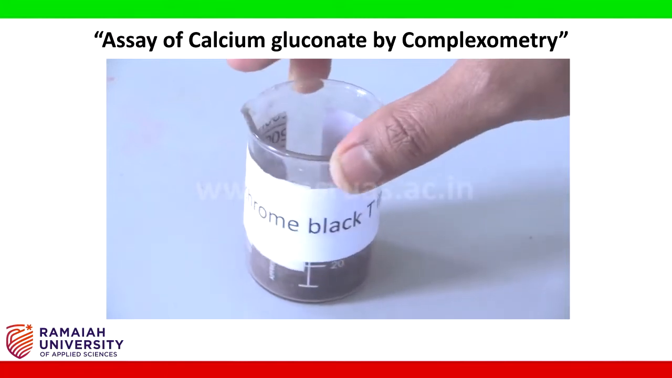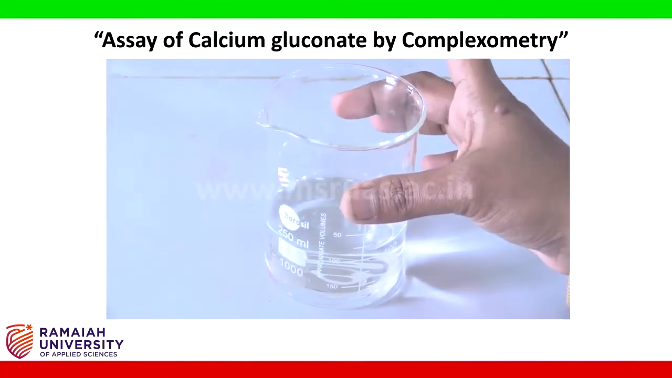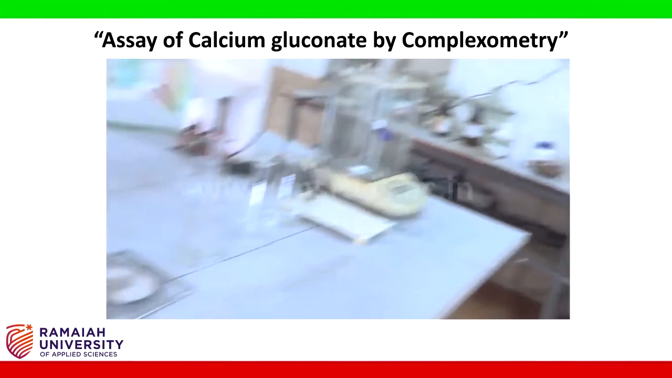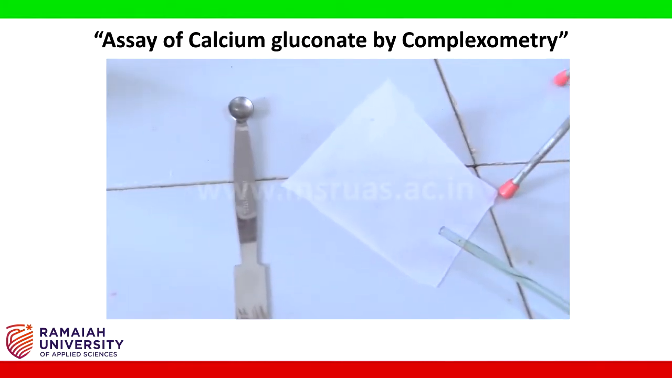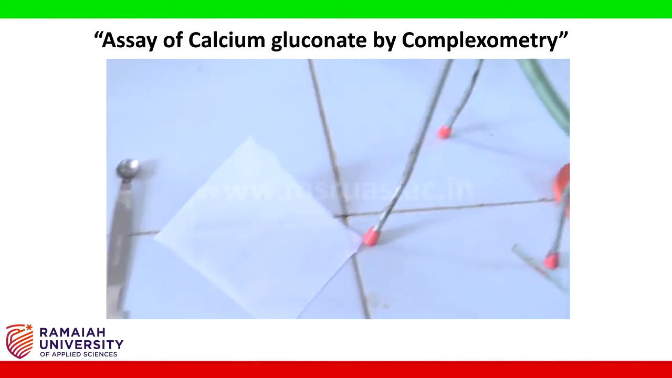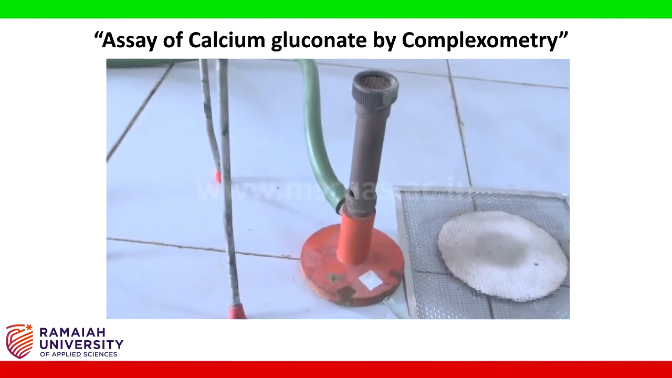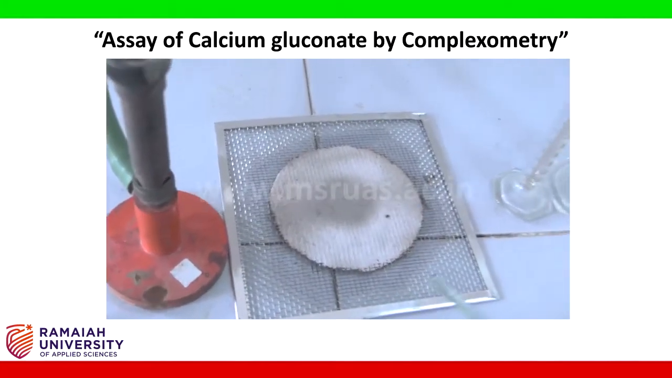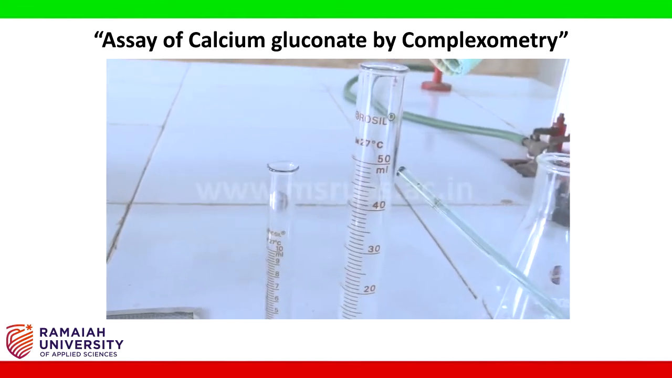Solochrome black T indicator is used as the indicator. Distilled water is used for making up the solution. Components required for this experiment are spatula, butter paper, tripod stand, Bunsen burner, wire gauze, measuring cylinder 10 ml, measuring cylinder 50 ml,